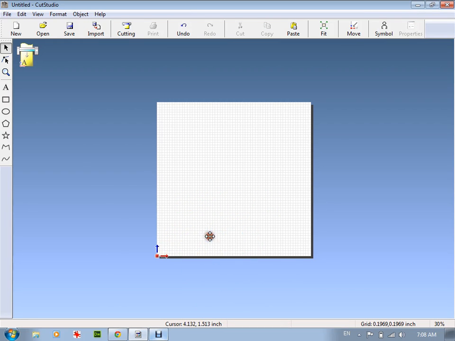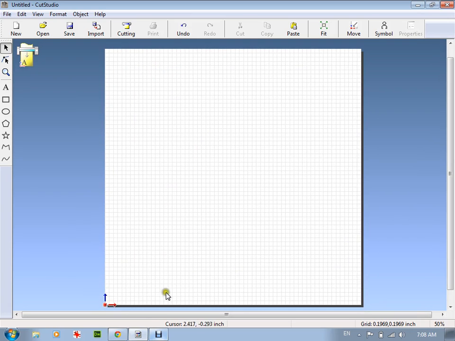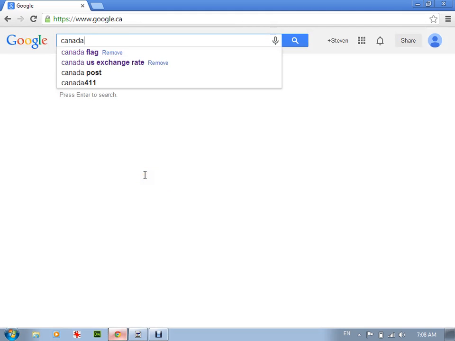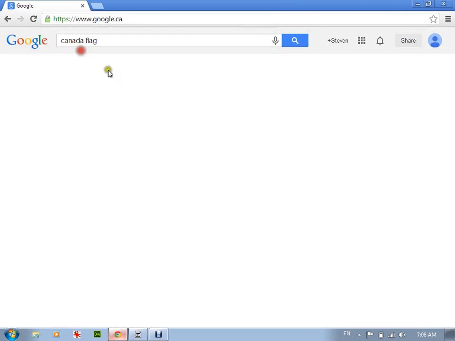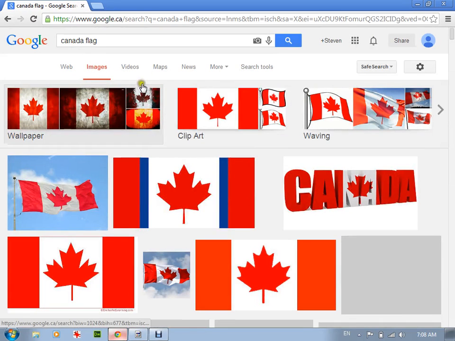Next one is bringing in a graphic. So I'm going to zoom back in. Now what I'm going to do is go into Google, and it doesn't matter, Google, Internet Explorer, whatever, and I'm going to type in Canada flag. Okay, oh, there's Canada flag right there, and I'm going to go to images,